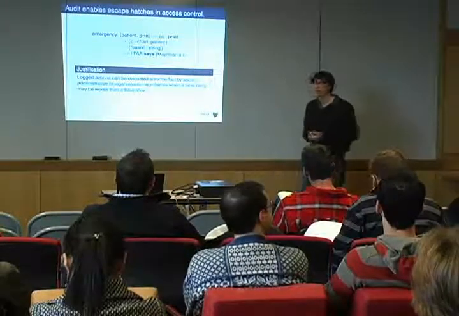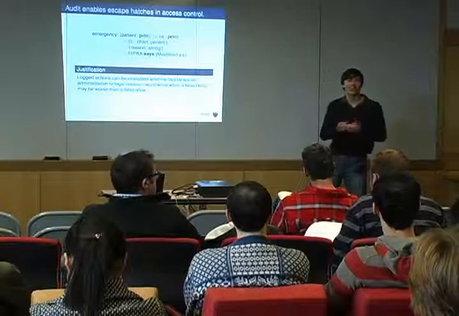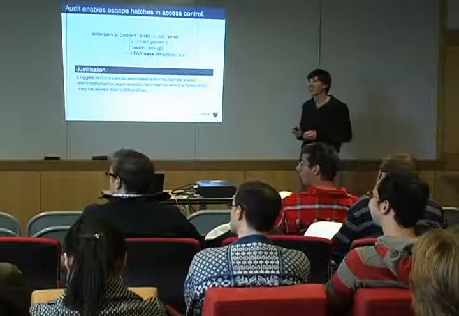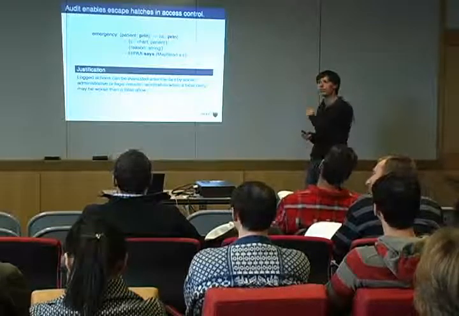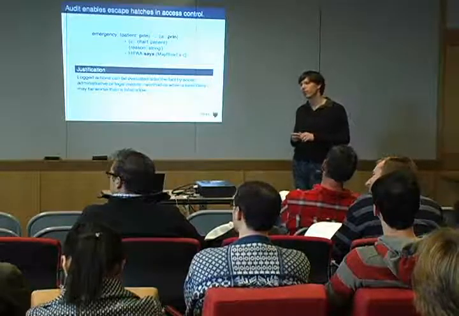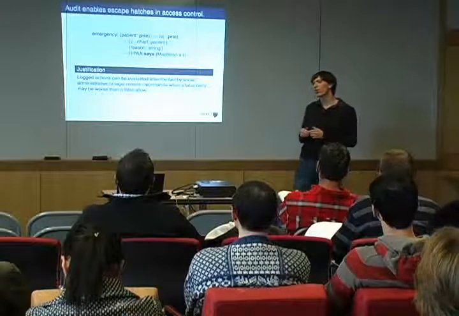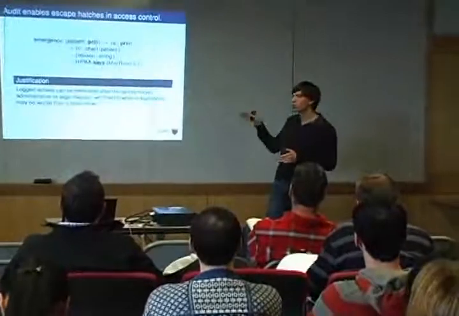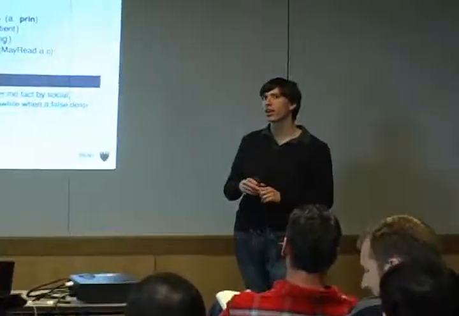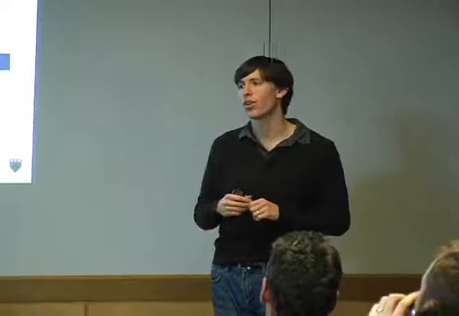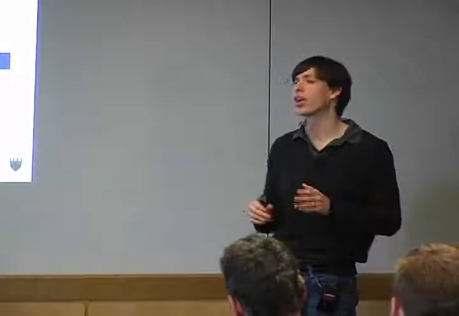Cool. All right. Oh, Tyler? Do you make a distinction between predicates that need to be logged and those that don't? I can imagine the emergency rule needs to be logged, but the other ones don't. We don't currently, but that would be a useful thing to do. In our prototype implementation, essentially every access to an external resource, whether through the network or whatever, gets logged. This does a lot more logging than you'd probably want in practice. One thing we haven't really pushed on is figuring out how to optimize the set of things that you log and don't log.